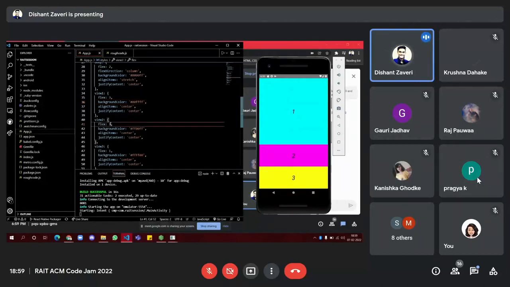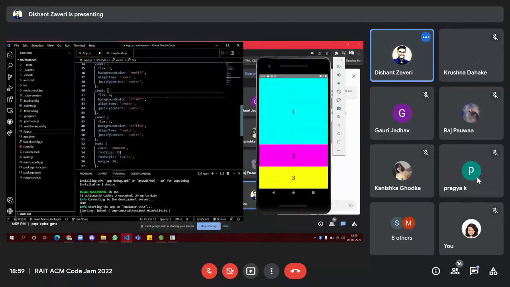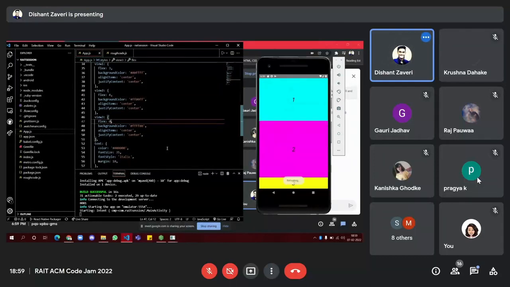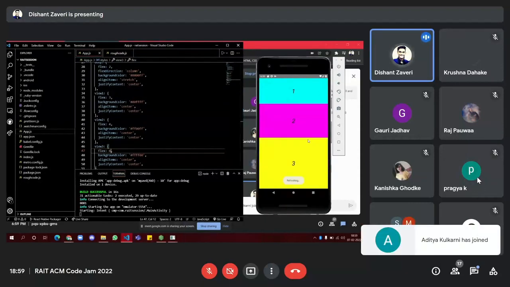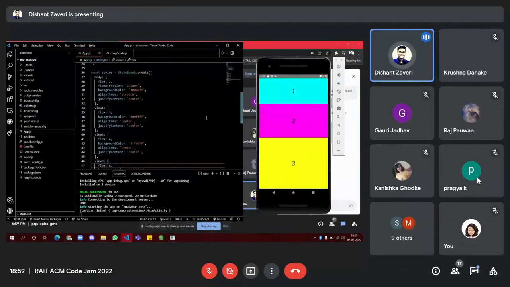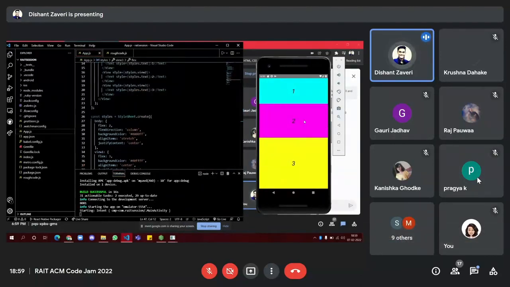If I take it 4 here and I take it 0, this will be minimum, and this will be given a flex here. See, I can take it 6. This is how you play with it. This is the actual meaning of flex box. So you can adjust the screen however you wish. So now we are done with flex box, and now we can start with another basic component, which